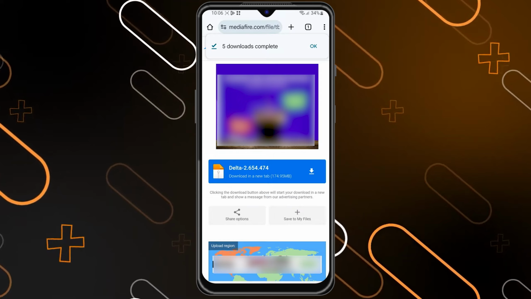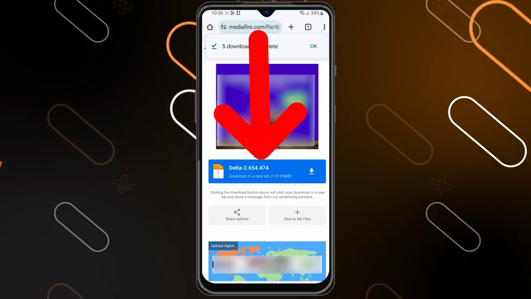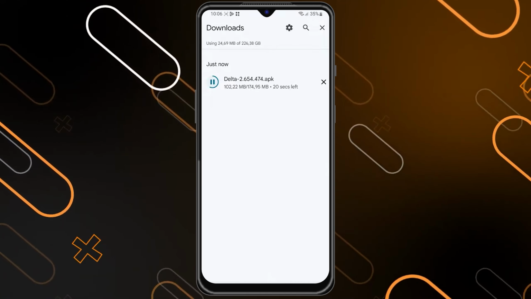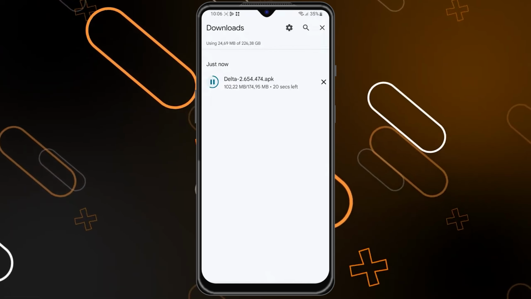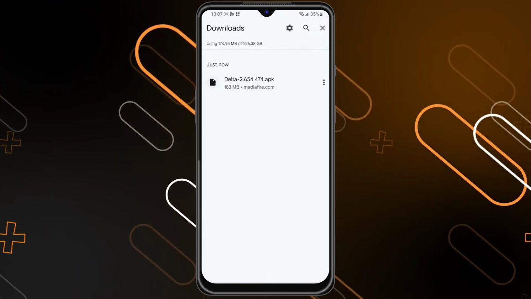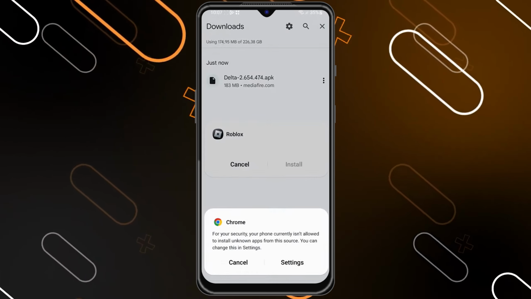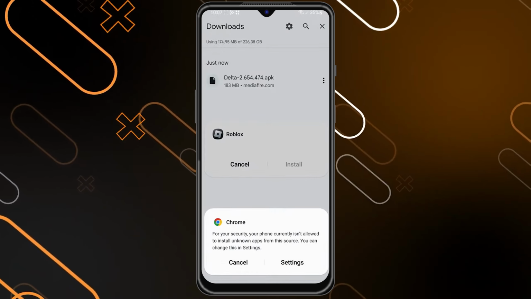It will redirect you to this page. Then click on this download button in the middle. After that will be downloaded, you should now navigate to the downloads in your file manager and click on it and install it. In some cases, your mobile will ask you for the permission and it will tell you that